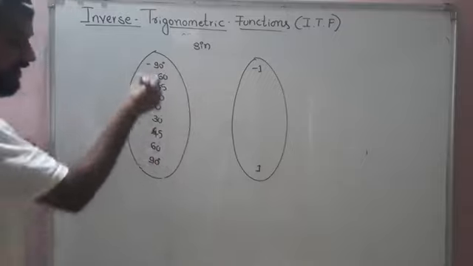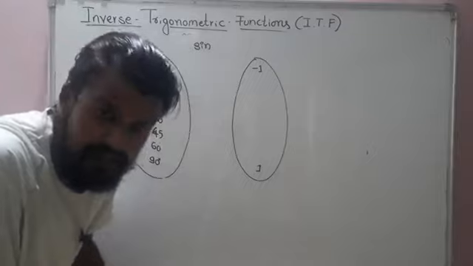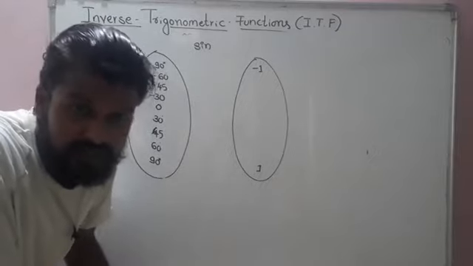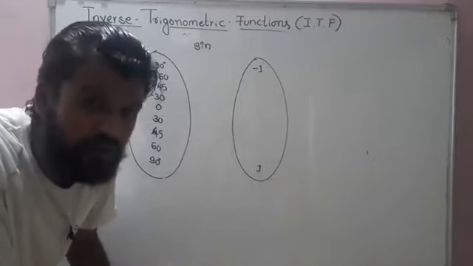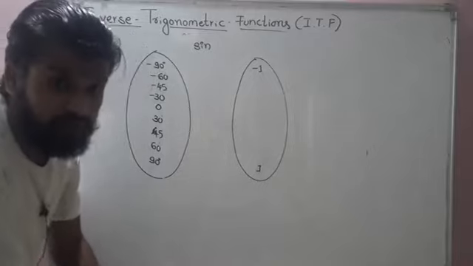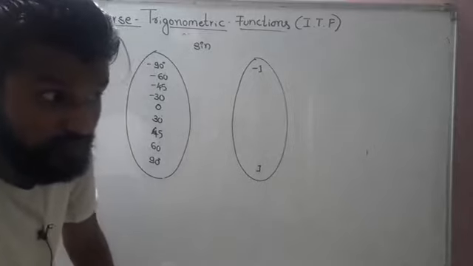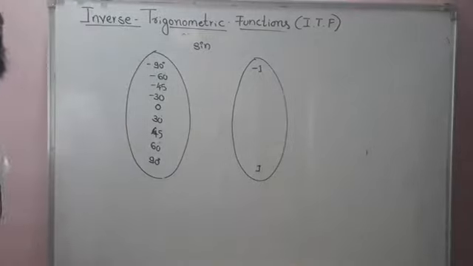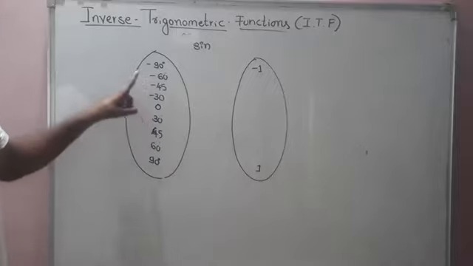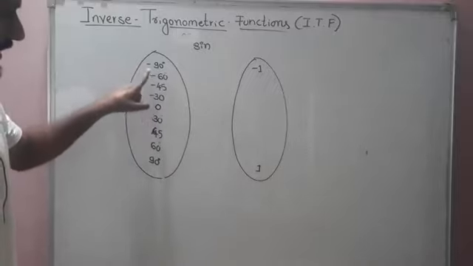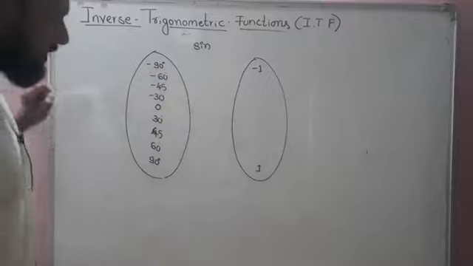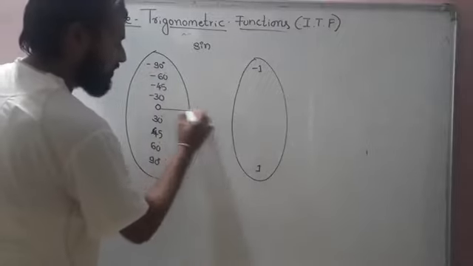Still, these are standard angles which I am taking. Still you will be having like 15 degree, 16 degree, 17 degree, they are there, but we don't write them because we know the standard values for sine. So that is why I am just writing these things. Okay. So as you can see, these are the values and let me write: sine 0 will be connected to